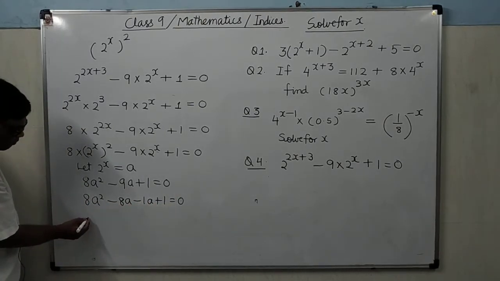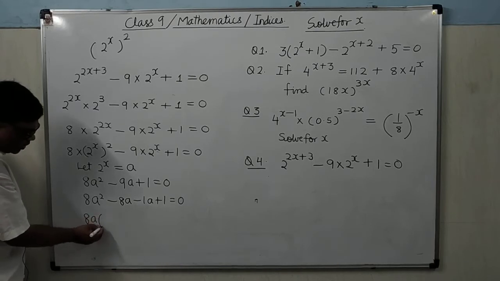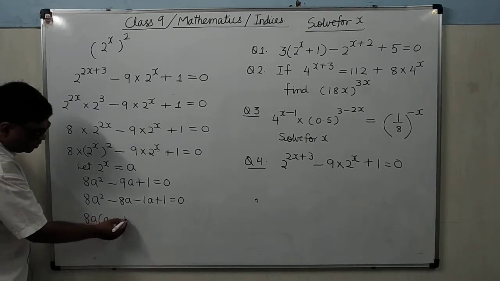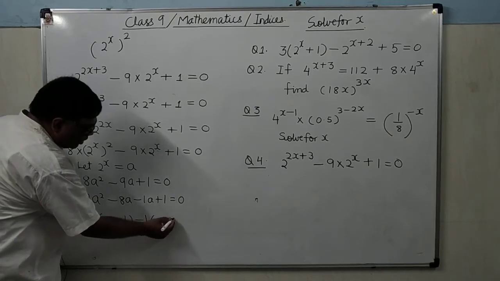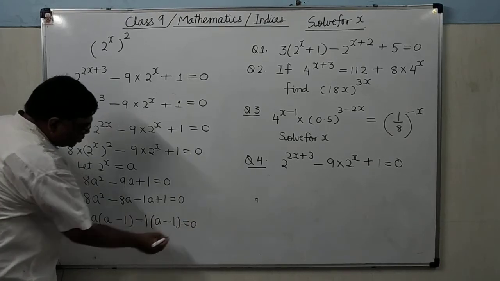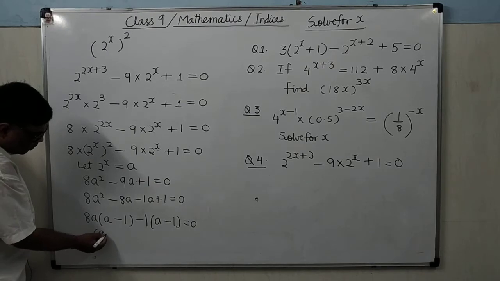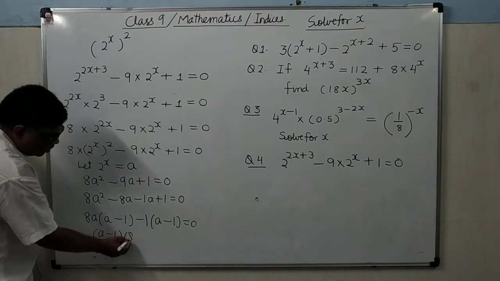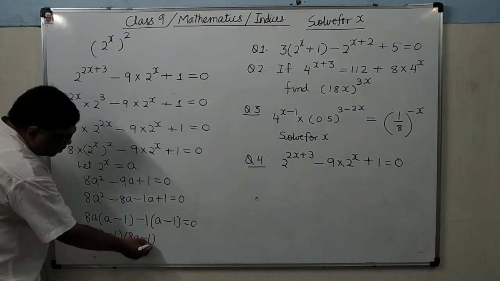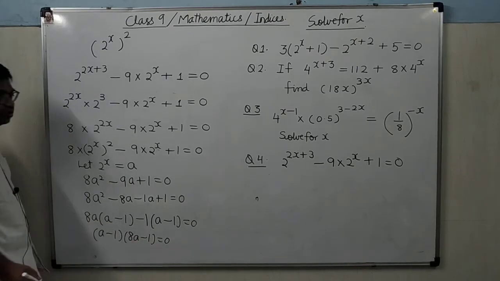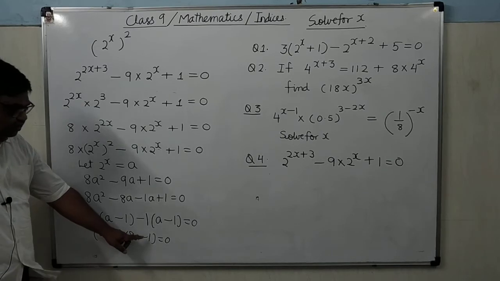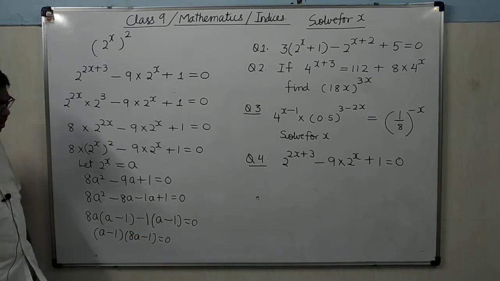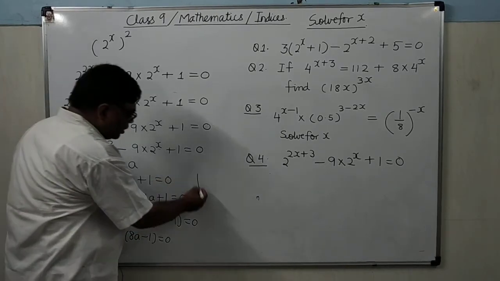8a is common from first two. When you will take 8a common, so a minus 1. From here minus 1 common, a minus 1. So a minus 1 when common from whole, so 8a minus 1 equals to 0. So this bracket multiplied by this bracket equals to 0. Therefore, I am writing here, therefore